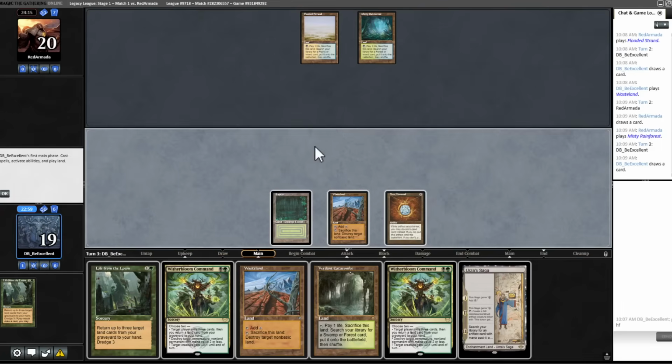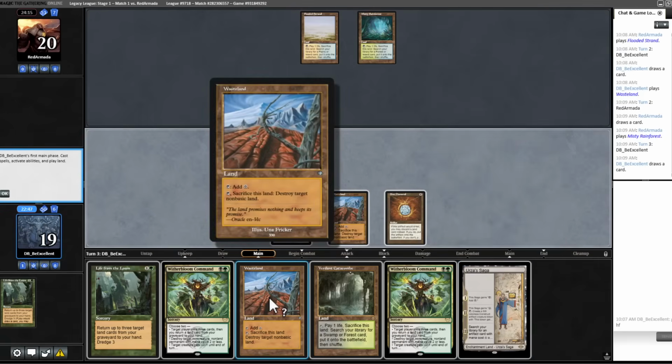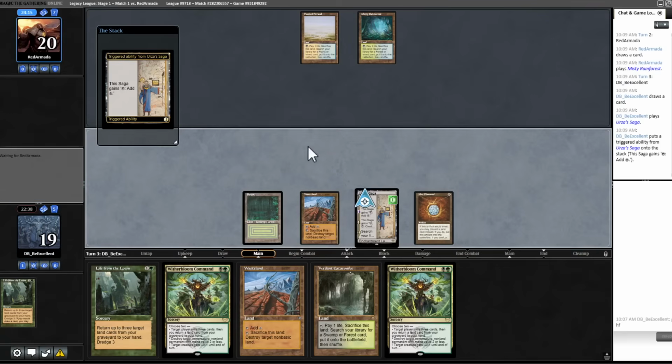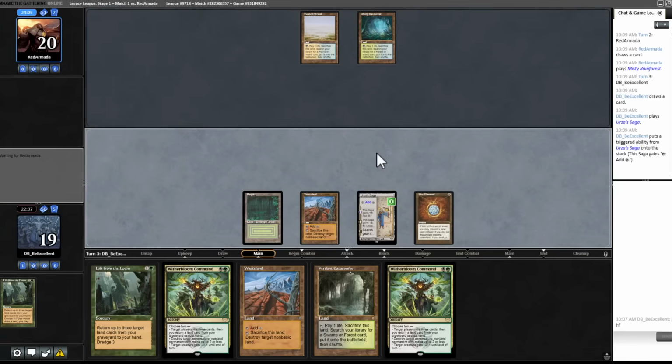Okay, Urza's Saga is a very reasonable thing to play here. Maybe I play the second Wasteland out, because they are definitely going to have to fetch something that's wastable. Yeah, I think I'll just play out the Urza's Saga. I definitely see the merit in wasting them. If they Entomb Reanimate, it's a bummer. There's not a lot we can do against that other than just magically draw like a